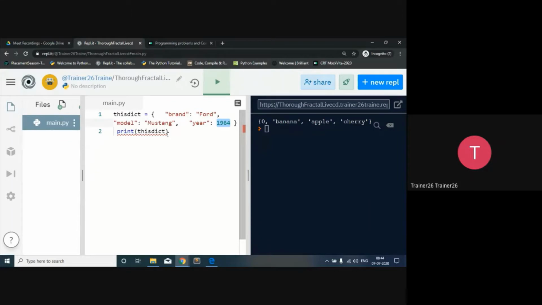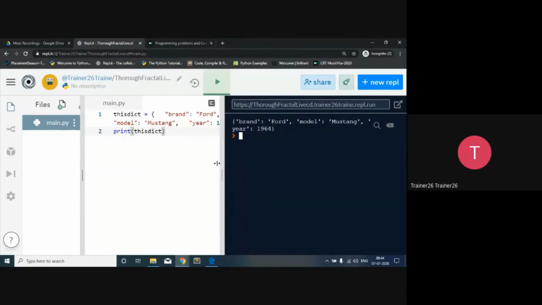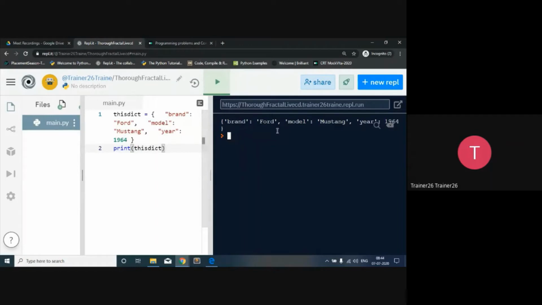Once we declare a dictionary, we want to print it. So let's execute it. Just a minute, something else happened here, that is indentation. Okay. Basically you can see on the screen that this is a dictionary and this is unordered.